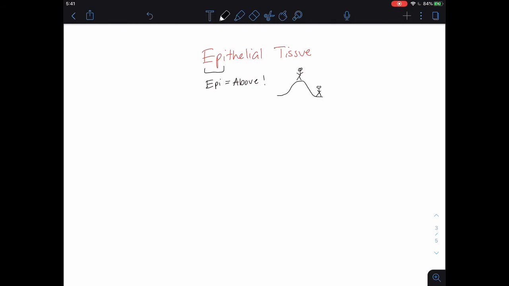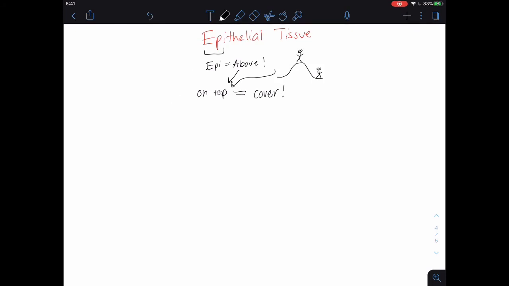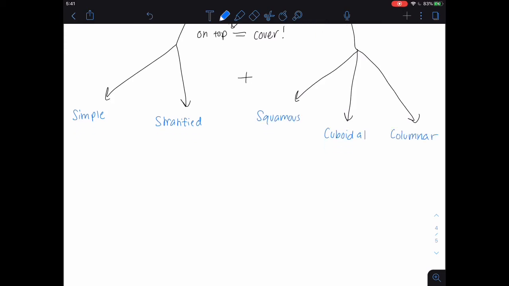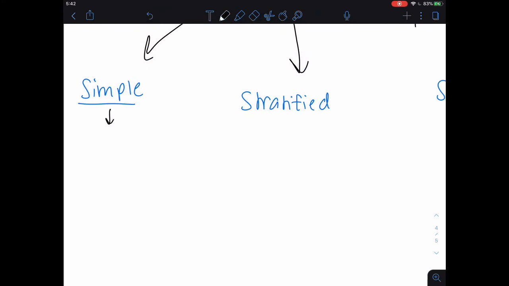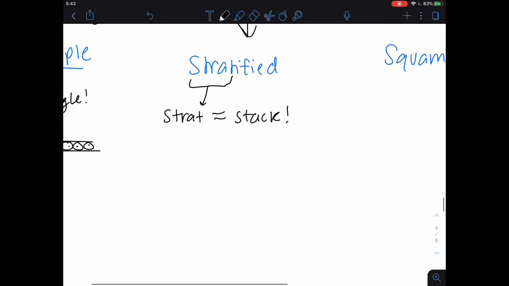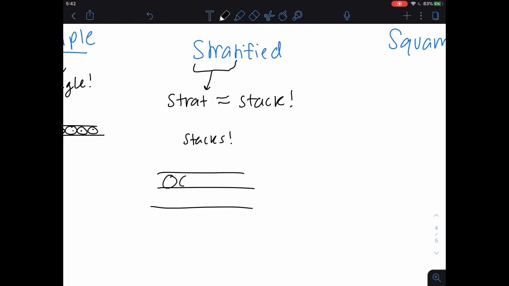Next, epithelial tissue. Epi means above, so you know it will be the tissue most on top, acting like a cover for the body. You have simple and stratified, combined with these different types of squamous, cuboidal, and columnar. Simple, you can think of single, therefore it is a single layer of cells. And stratified, you can think of strat, sounds like stack, therefore it is